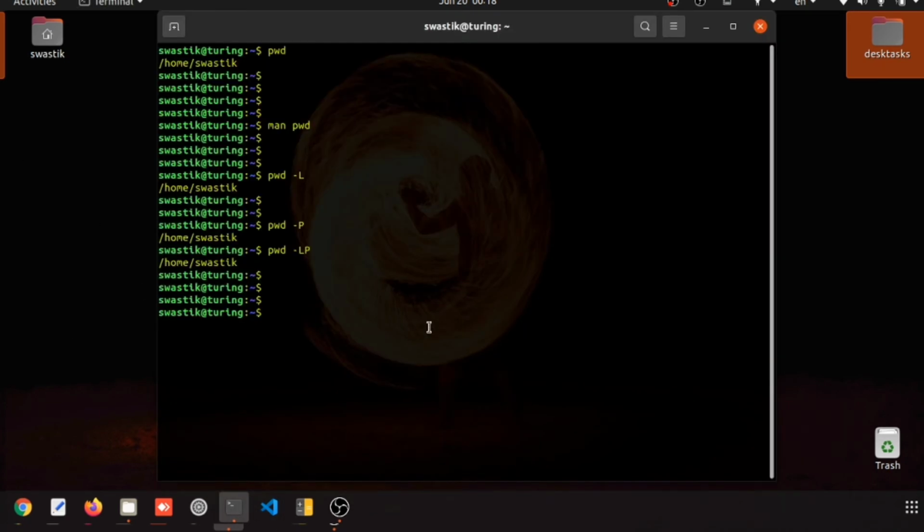From the terminal, if you want to change your directory, cd is for changing directory. Then you need to type the path where you want to go. Before typing the path, you need to know what directories and files are available in your current directory.